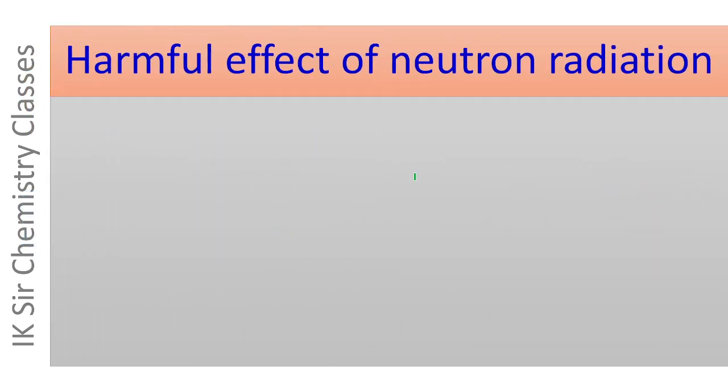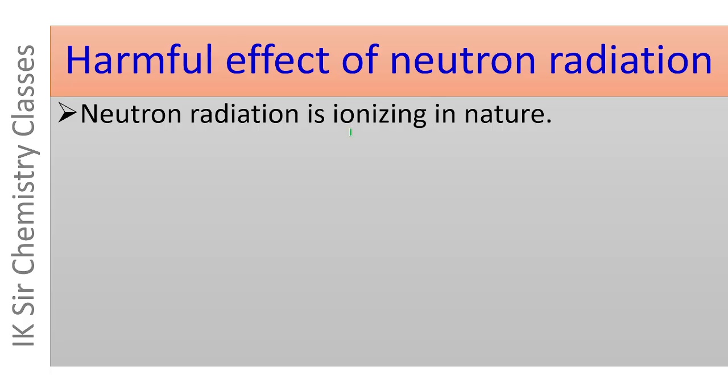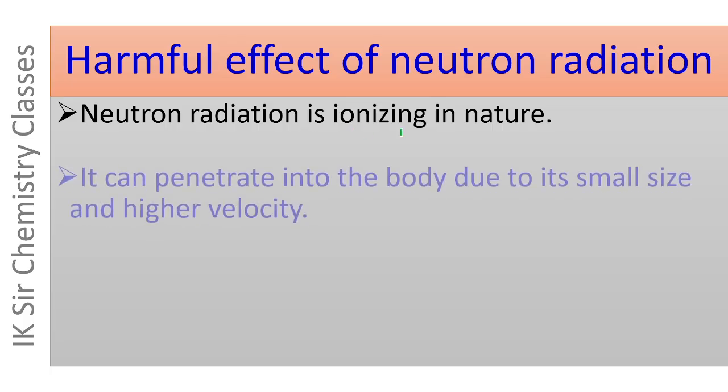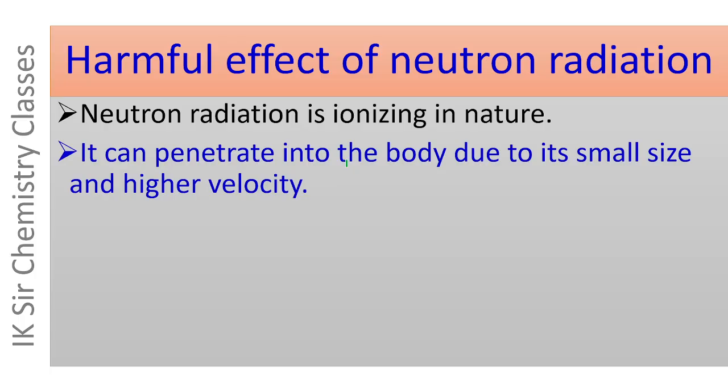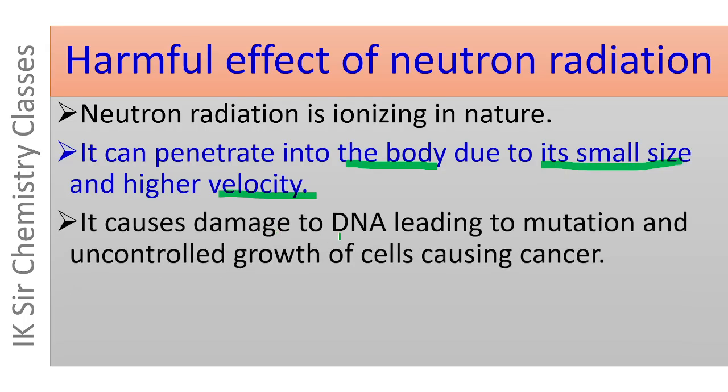And now, what is the harmful effect of neutron radiation? Neutron radiation is ionizing in nature. It can penetrate into our body due to its very small size and higher velocity. It causes damage to DNA. The DNA present in the nucleus of our cell is damaged by neutrons, and it leads to cell mutation